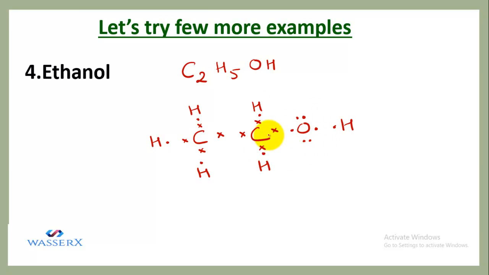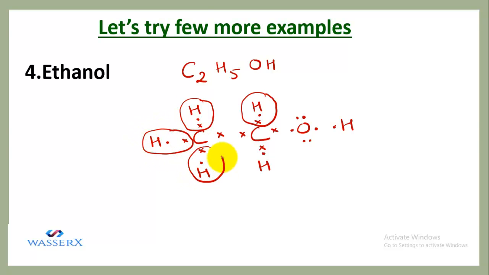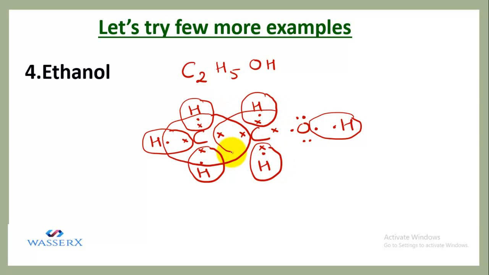Now let's form an electron cloud. This hydrogen after sharing becomes stable. Even this hydrogen has attained the duplet by sharing. This is also stable, this also becomes stable, and this is also stable, and even this is sharing and becomes stable. So all the hydrogens are stable now. So now let us stabilize the carbon and oxygen. Carbon already possesses 4 electrons, and this is how it is sharing and attaining the stability. Similarly, this carbon is sharing like this and attaining the stability.